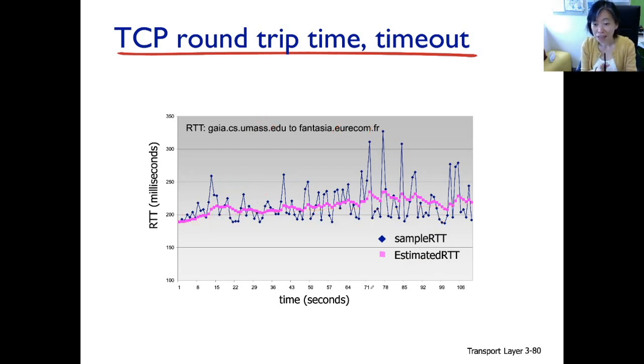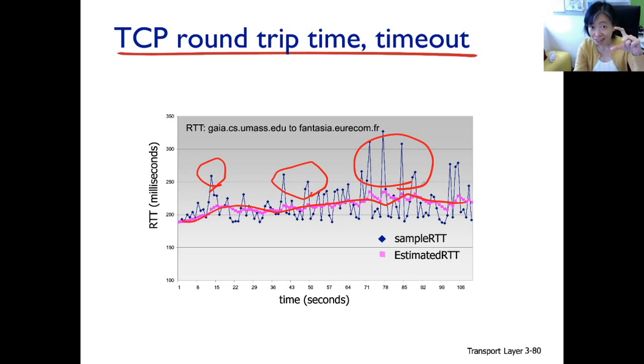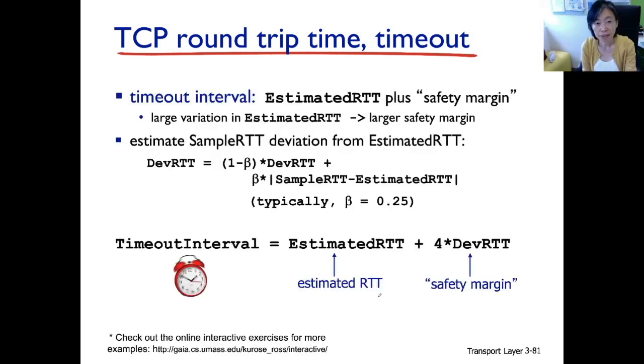But be careful here. The estimated RTT is definitely not quite yet the timeout interval used by TCP. Because if you do, you see these guys here, the round trip time is actually way longer than the timeout interval. So for all these guys, you will get premature timeouts. So the estimated RTT there is certainly not covering most of the round trip time observations. So there's more. Therefore, in TCP, the exact timeout interval is in fact the estimated RTT, the smooth average, plus